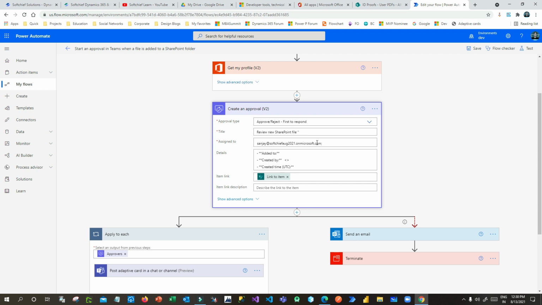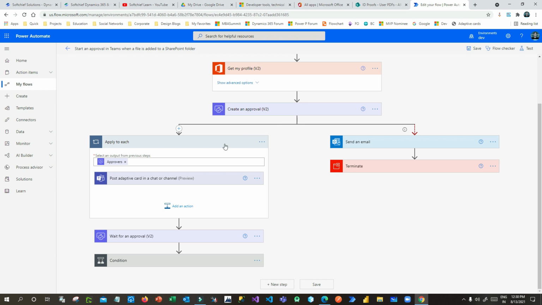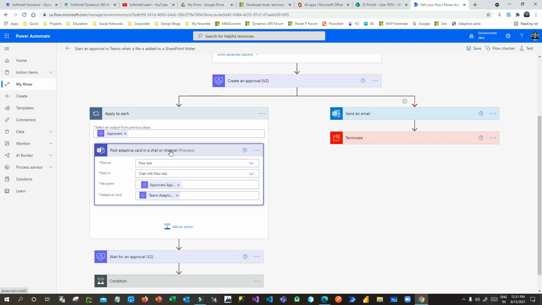Already one approver is selected, right? If you have multiple approvers, then you have to use this apply to each loop. But for the time being, as I have selected one user, it will only run through once, and it will check the approver. And in the second branch, it will post an adaptive card to chat, right?